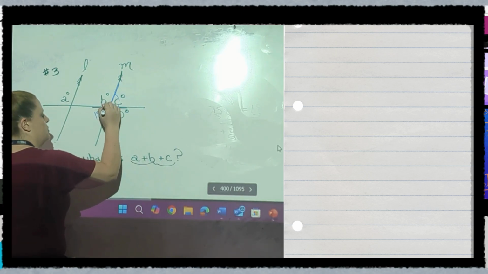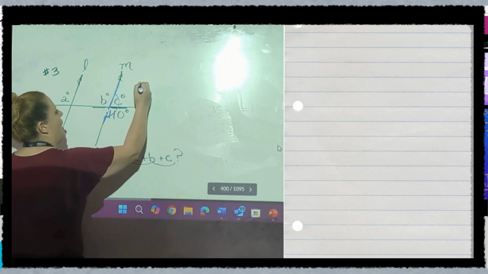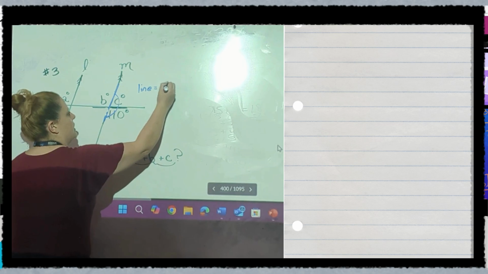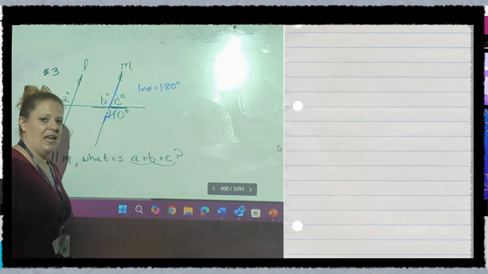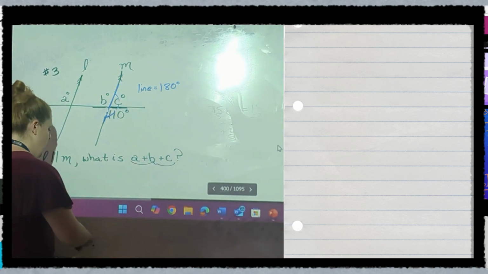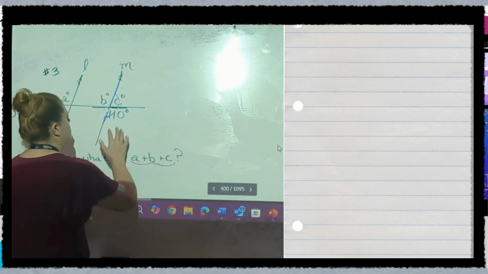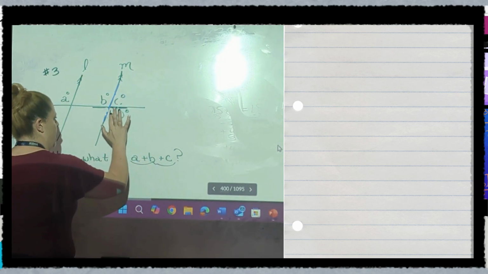It's equal to, I don't want to write it there. I don't want you to get confused thinking that it's this angle over here. But the line is a total of 180. So adding these gives 180, okay? And then the third thing I want to remind you of, which we did on the last problem as well,